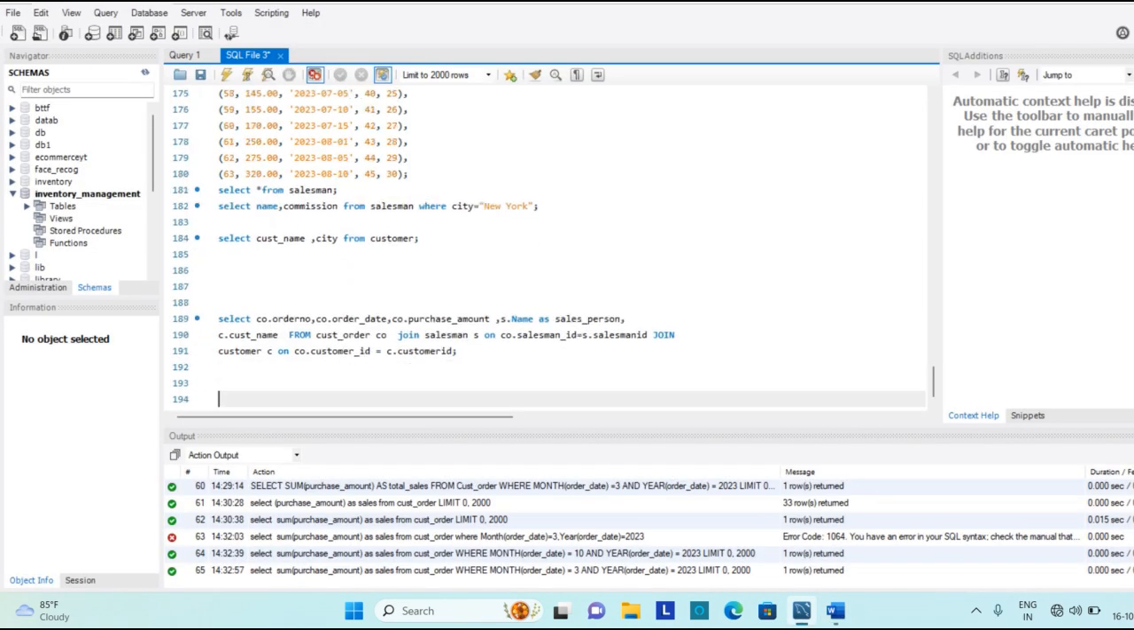We will write select city. Then we will write purchase amount. But we need two tables. So for city we have taken from the customer table, for which I am using shorthand C, and for the purchase table I am using shorthand CO. And what we need is total revenue. So we will take the sum of the purchase amount